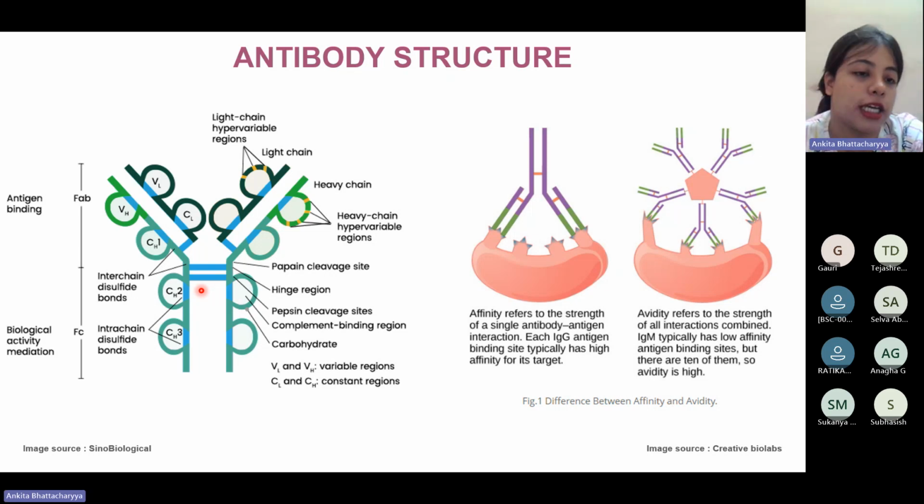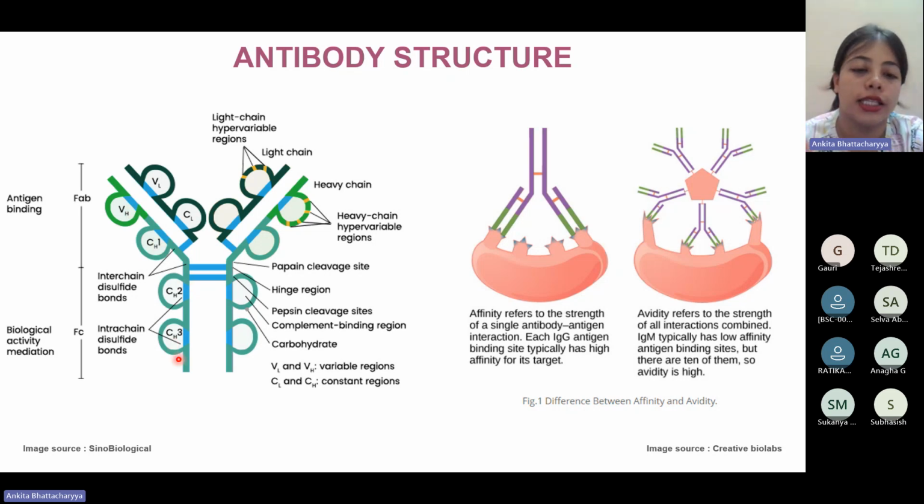That's what we see majorly. And there are interchain disulfide bonds, as we just discussed, and some intra-chain disulfide bonds as well. Apart from that, the nomenclature is quite obvious. You have VL and CL, which is the variable region of light chain, and the constant region of light chain. You have VH, which is the variable region of heavy chain, and CH1, CH2, CH3,